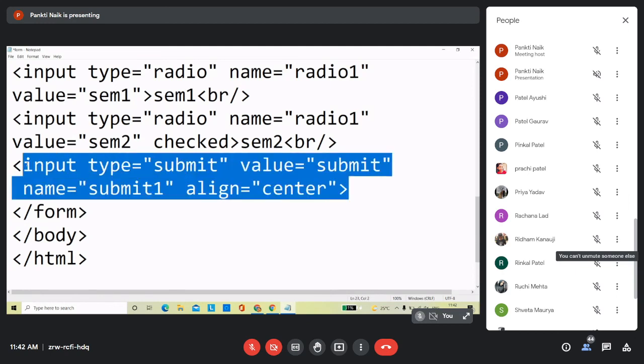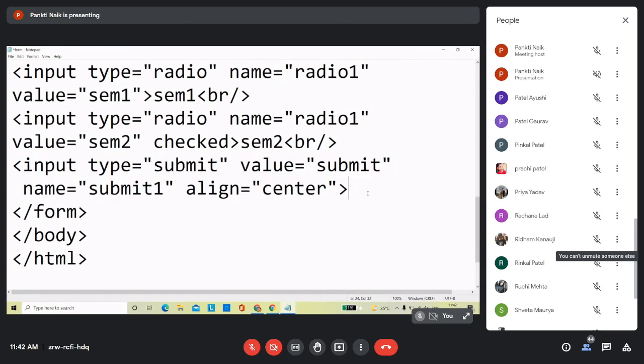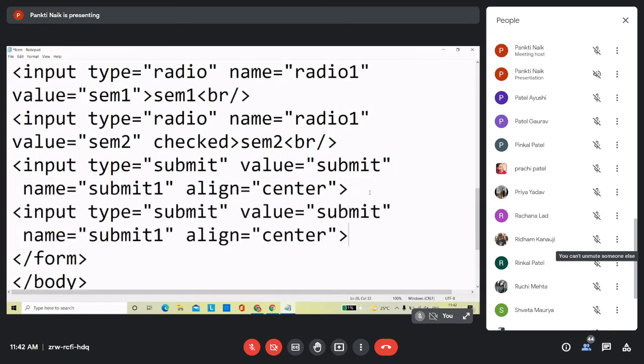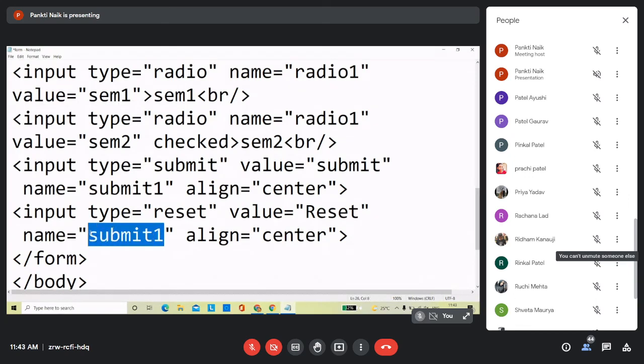Same way you can set the reset button also. Now what is the use of reset button? Whenever user clicks on the reset button, it will reset the data of the form, or it will clear the form and allow user to reset or re-enter the data in the form, right? So whenever you want to create a reset button, input type is equals to reset, right? Instead of submit, value is equals to reset because you want to create a reset button. So text on that particular button should be reset,